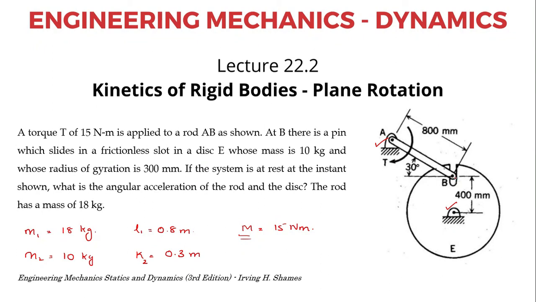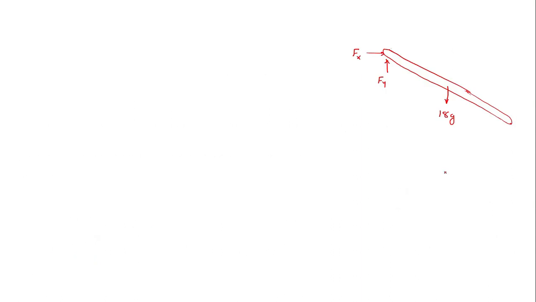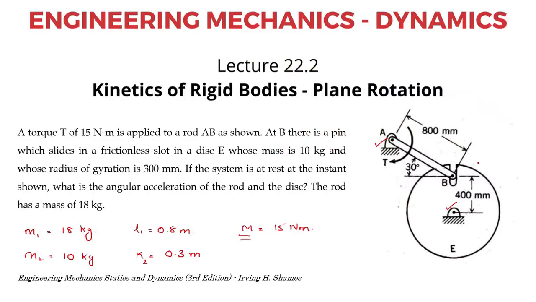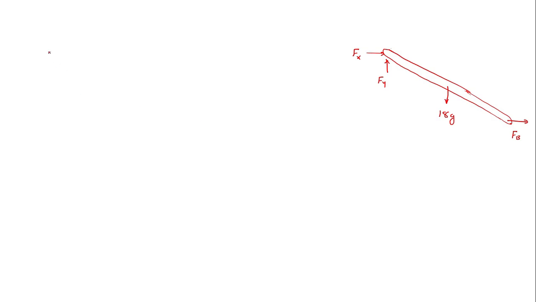The disc offers a reaction that is towards the right on this rod. Since this is point B, I'll call it FB. There will only be a horizontal reaction, and not any vertical reaction, since it can slide in the vertical direction. So from the free body diagram of the rod here,